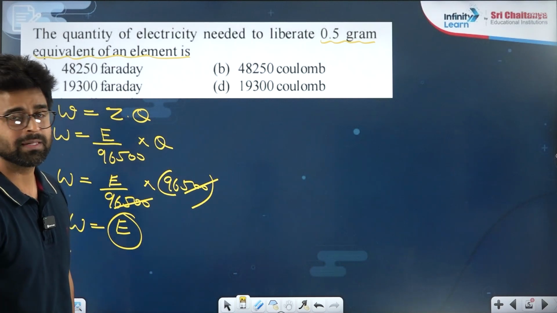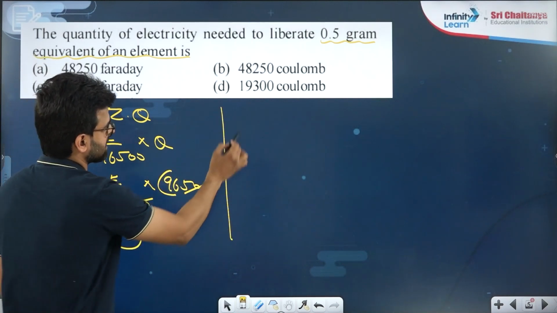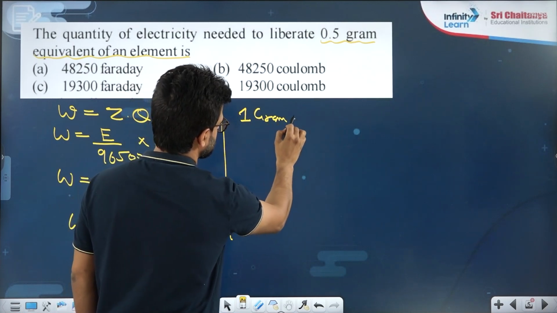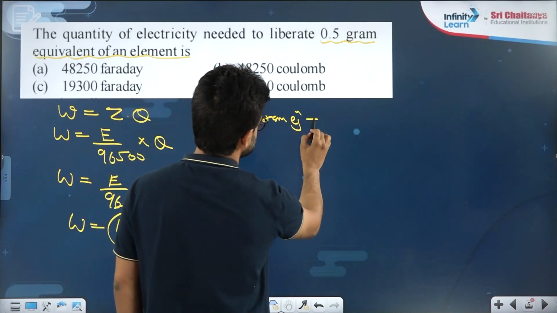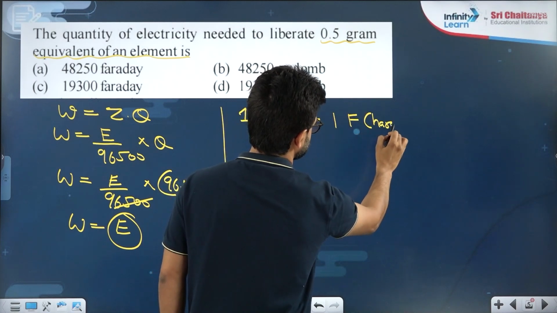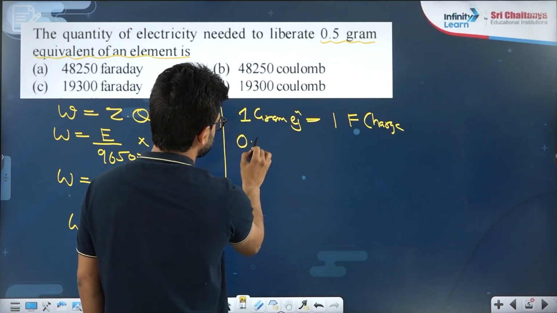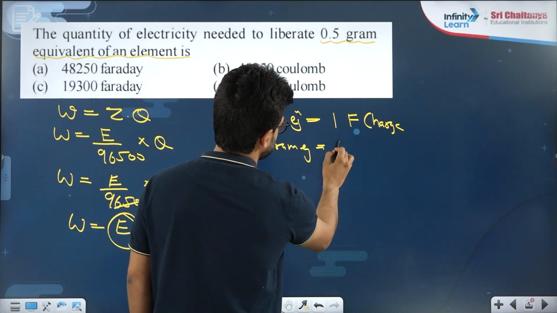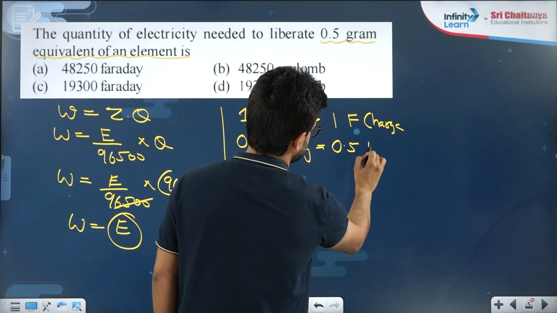If 1 gram equivalent of any substance needs 1 Faraday charge, then 0.5 gram equivalent of substance will require 0.5 Faraday charge,